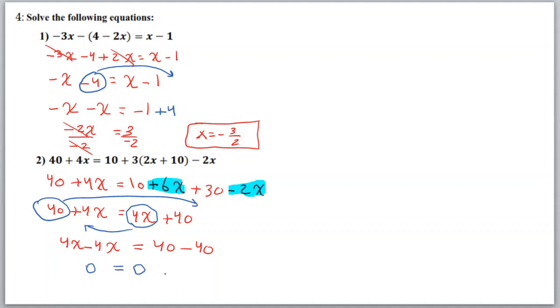So when I'm solving an equation and I got 0 equals 0 like this, so we write all values of x, okay, all values of x are